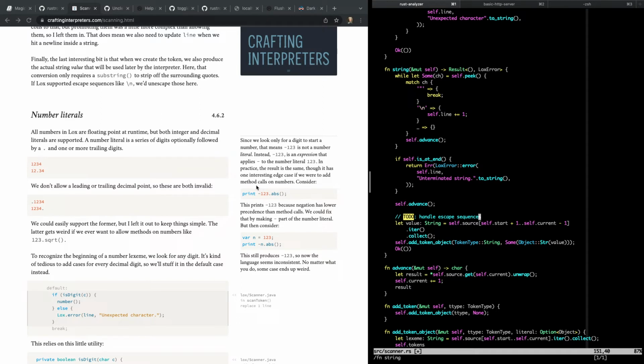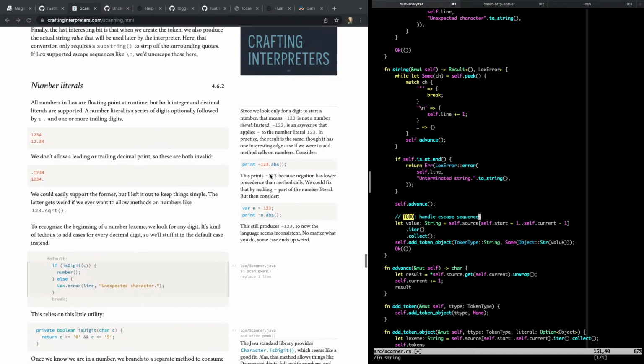If we were to add method calls on numbers, consider -123.abs. This prints -123 because negation has a lower precedence than method calls. We could fix that by making negative part of the number literal, but then consider var n equals 123, print -n.abs. This still produces -123, so now the language seems inconsistent. No matter what you do, some case ends up weird. I would argue that this is fine